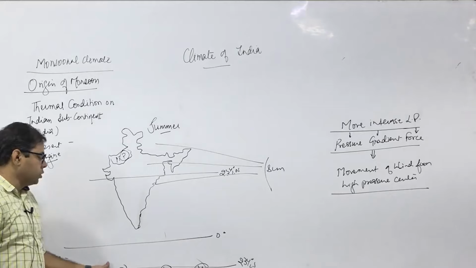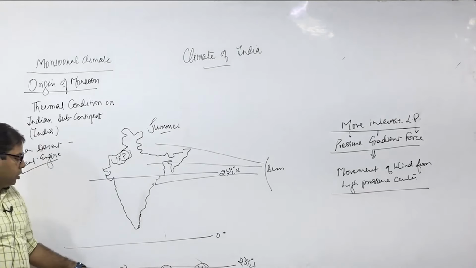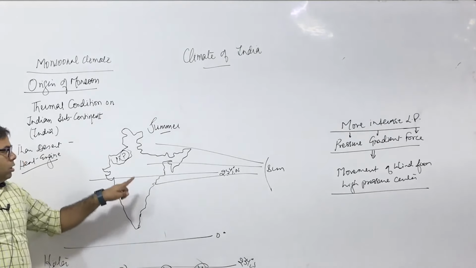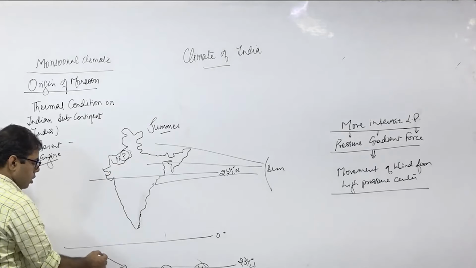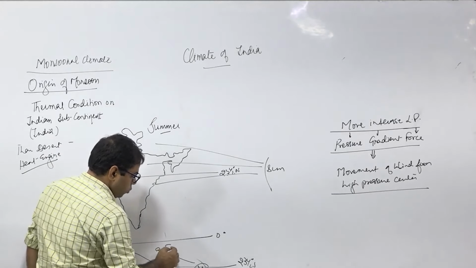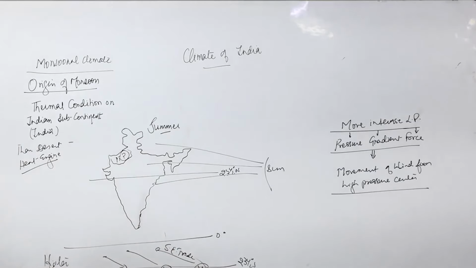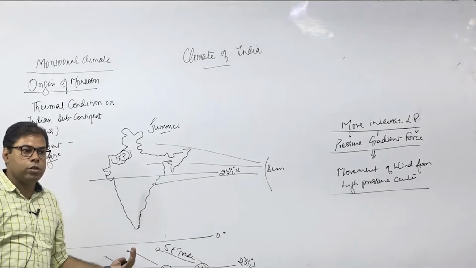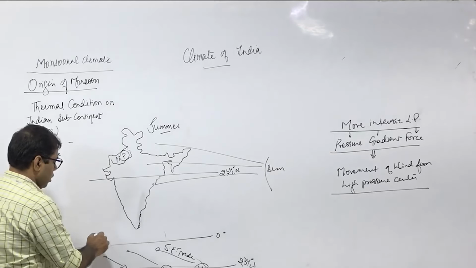Then high pressure is here, there is a low pressure, and wind has to reach there from the subtropical southern hemisphere to the subtropical northern hemisphere. So the wind blows in the form of which wind? Southeast trade. Yes or no? Deflecting towards the left, because of Coriolis, they reach over the equator and then deflect to the right.